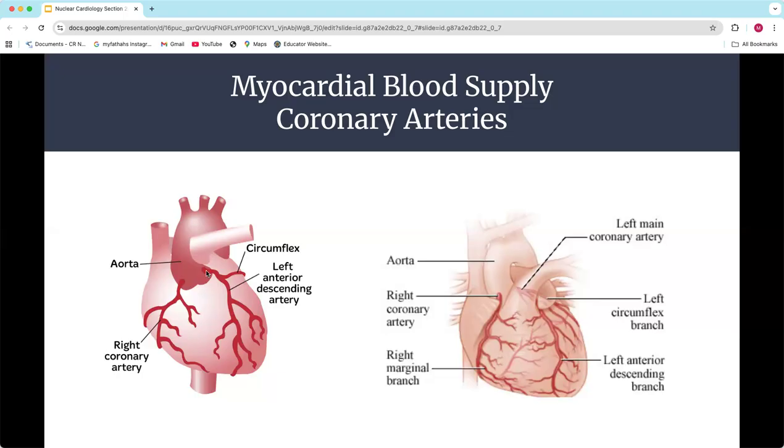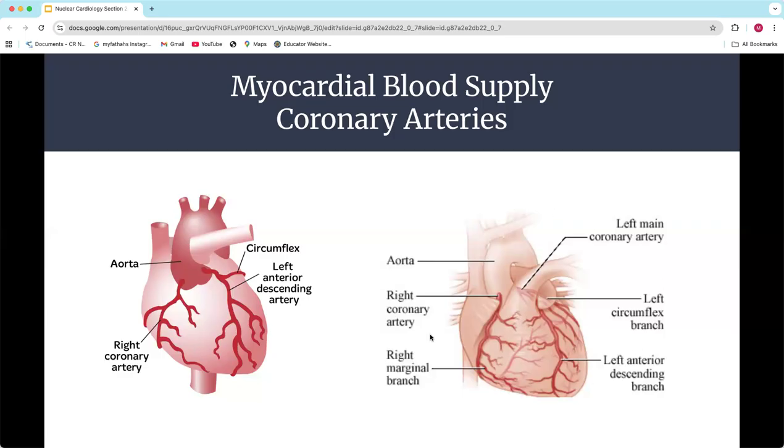The left anterior descending splits off, and it comes down across the anterior side of the heart, and then it swings over septally. I'll show you a little more detail on that. But that's the LAD, or the left anterior descending. And then we have the circumflex, which comes off and around the lateral and then posterior side of the heart. And then the right coronary artery comes off of the aorta on the right side, and that's going to feed your septal side of your left ventricle, and then also the right ventricle.